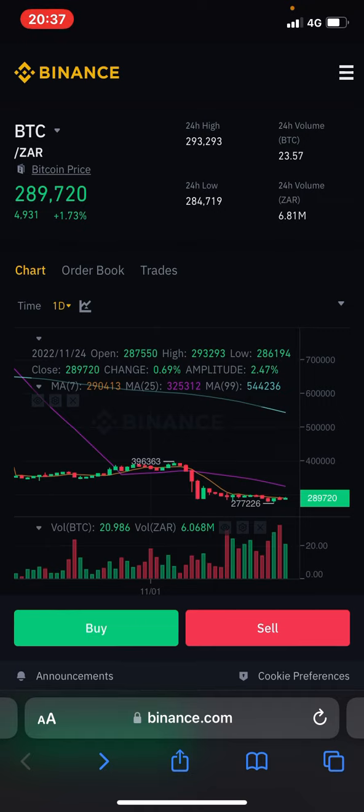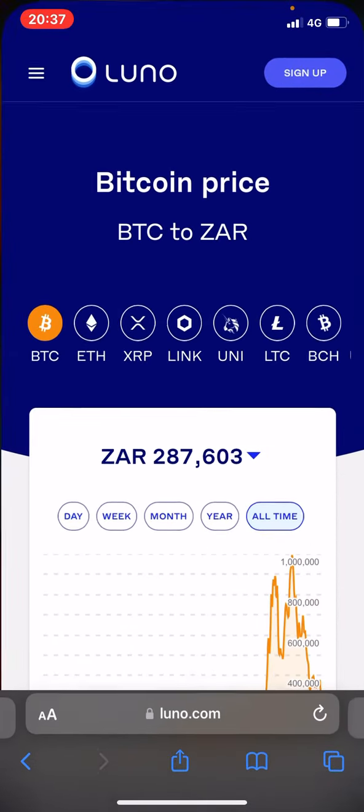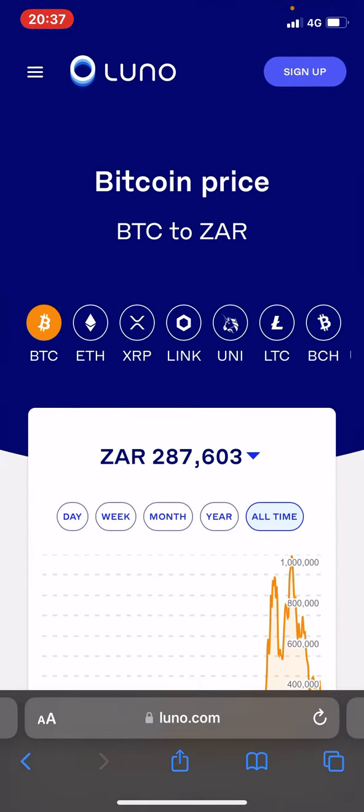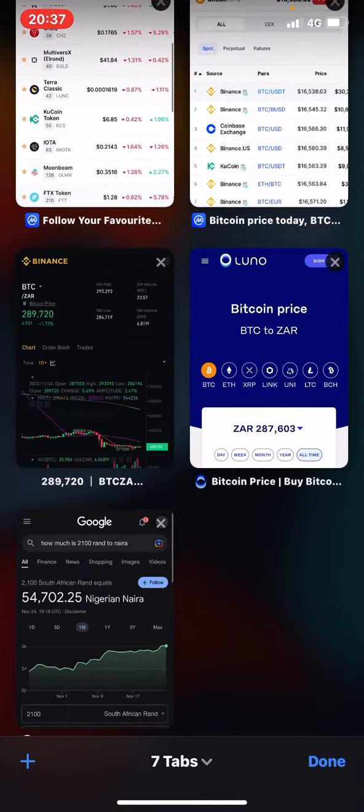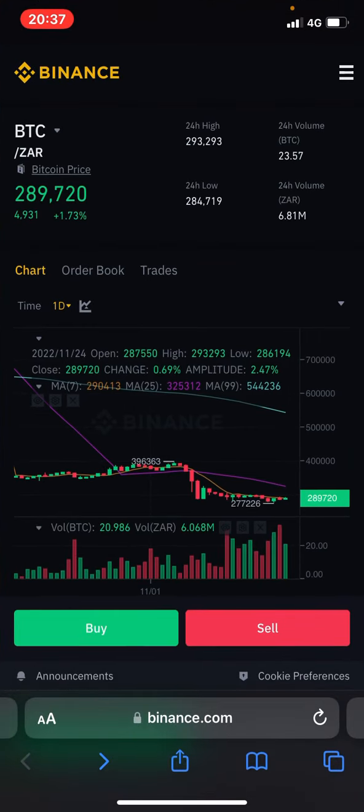So the first thing you need to do on this trade is deposit money from your account directly to this platform. Mind you, you need to have a South African bank account number. So you need to deposit money from a South African bank to this account. Then you buy this Bitcoin in this account, then send it over to Binance and sell it at the market limit,